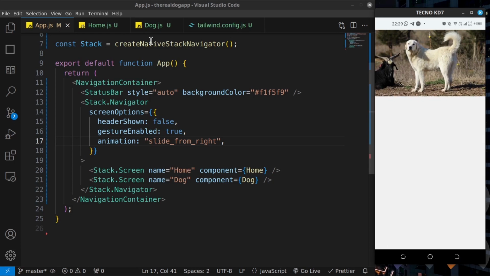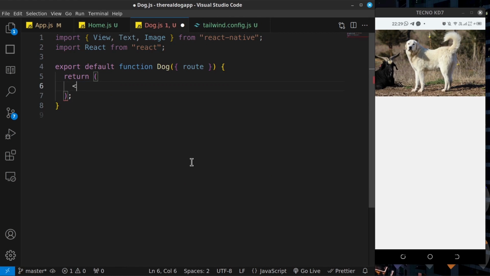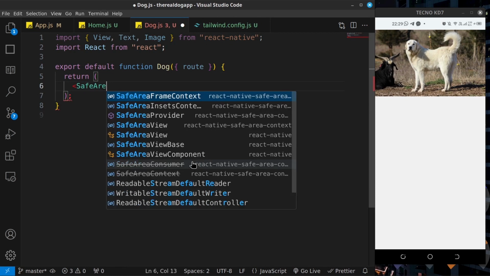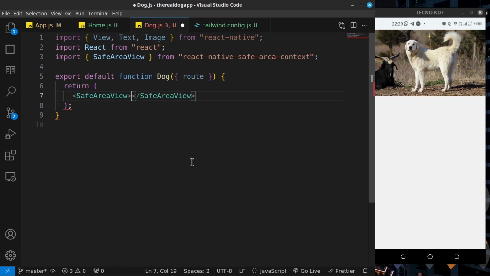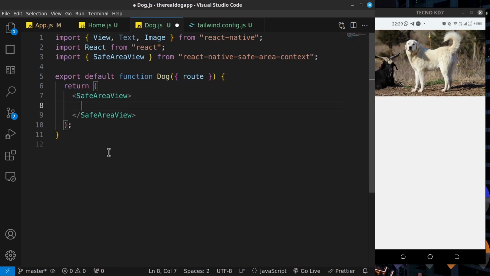So now let's begin to work on our dog page. And once again, we don't want to render this view. We want to render a safe area view from React Native safe area context. And then inside here, you know what, we want to render a scroll view as well. So scroll view,